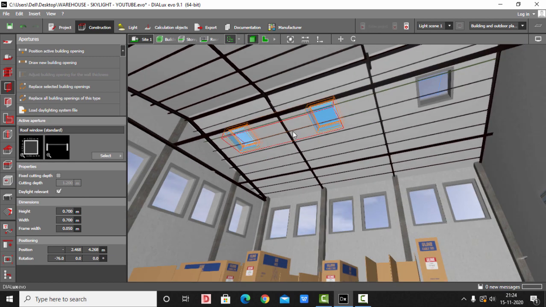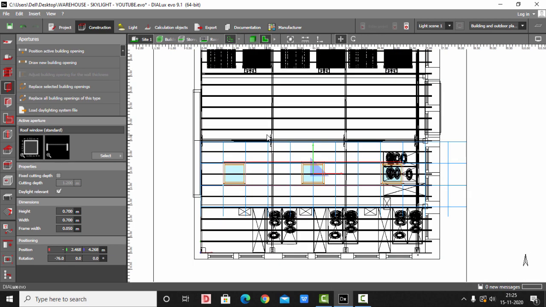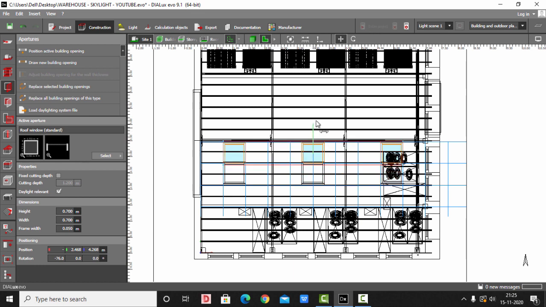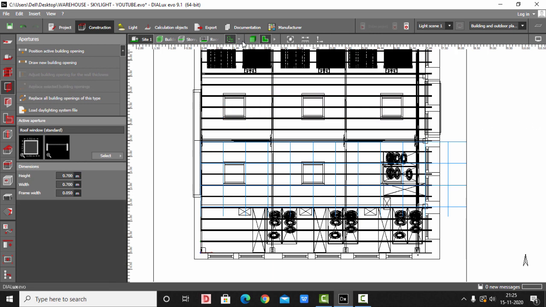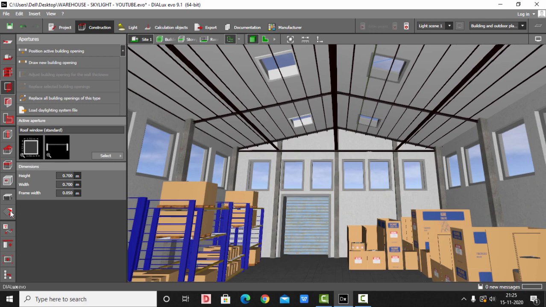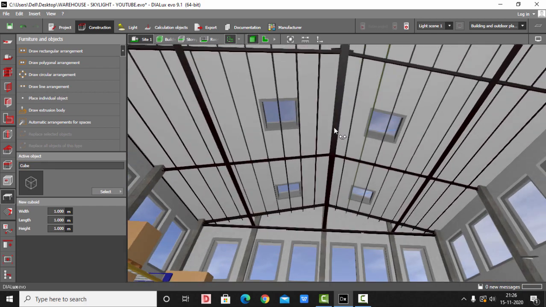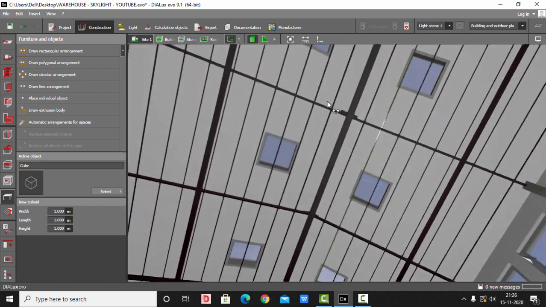Press the shift key, hold, and you can select multiple objects like this, Ctrl C, Ctrl V, drag it. Here will be the exact position. This is how it will be placed. We have placed the skylight